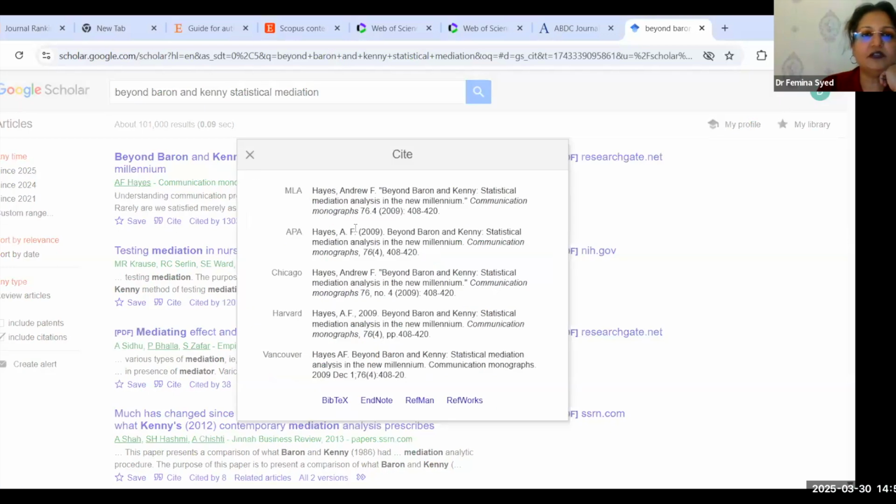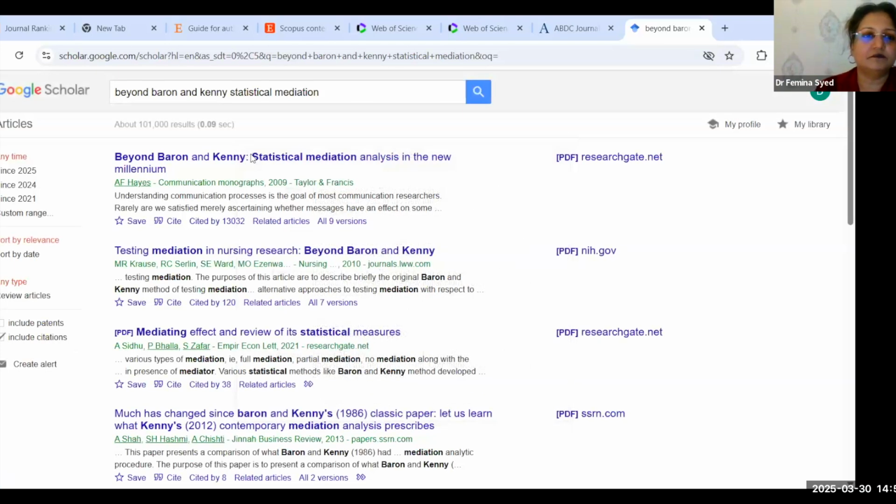So you can see all the various citation styles. Normally, for you it is APA 7 style citation. You can copy paste this. This is the way in which it has to be cited. Meanwhile, you can use all the various software available like Mendeley, EndNote, RefWorks and all that. So here you can find the citations. So that's what I am trying to communicate.